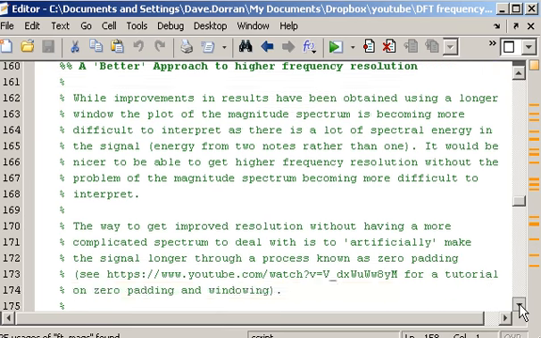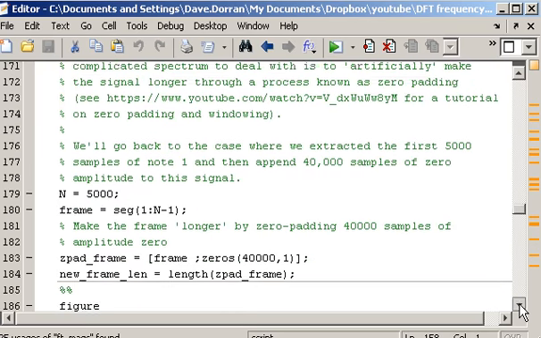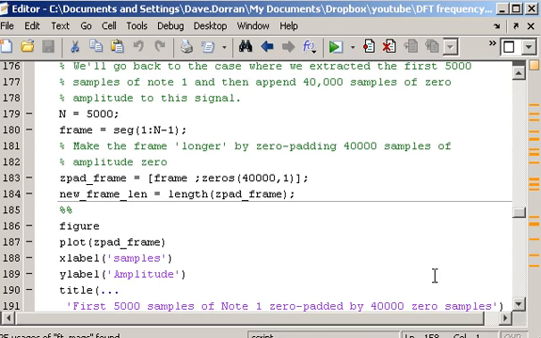What I'm going to do is go back to the situation where I had a frame which took 5,000 samples from the first part of the segment, so that was associated with note 1. And I'm going to append 40,000 zeros to the end of the frame. What I'm doing there is making the frame artificially longer. My frame length is 5,000 samples initially, and then after doing this zero padding process, which is very straightforward to do in MATLAB,